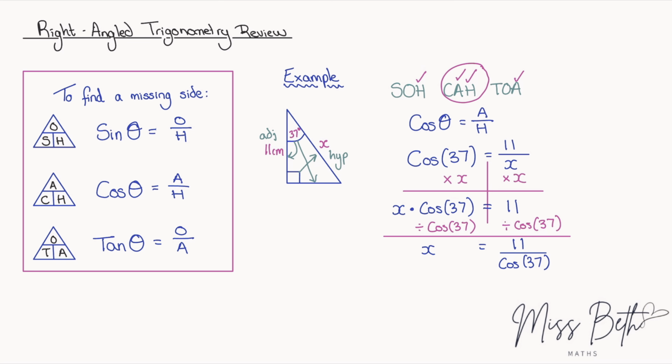You're going to pop that into your calculator at this point, and you would get that x is equal to 13.8 centimeters rounded to 1 decimal place. Okay, just be careful in any question that you get what